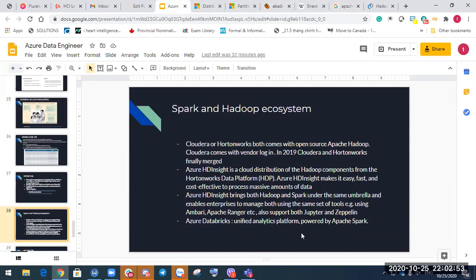But for people, for example, who come from the Hadoop on-prem system and prefer to have the same environment, the solution is Azure HDInsight, because it is the cloud distribution that has both Hadoop and Spark together. So it makes it an easy, fast, and cost-effective way to process large amounts of data without leaving the environment that you're already comfortable with. And it is really a strength of Azure,